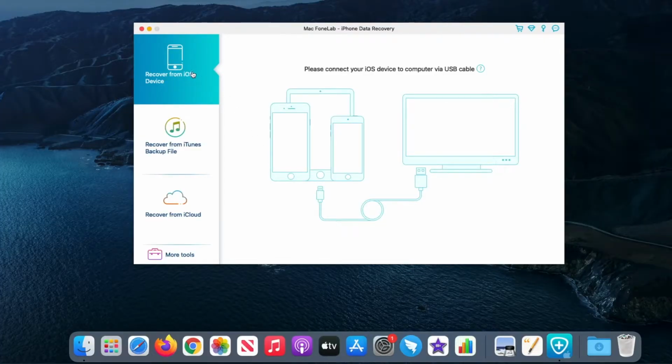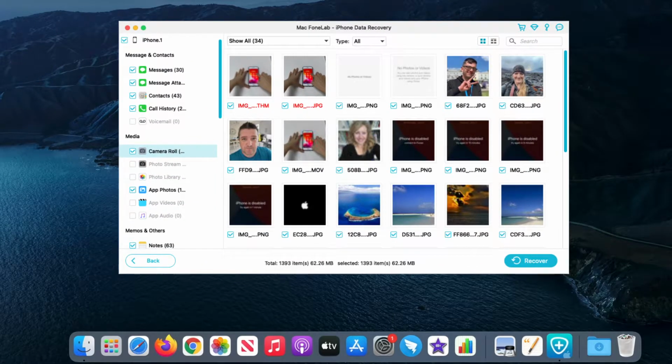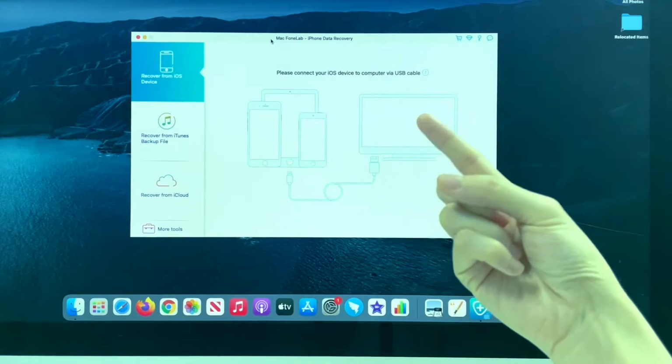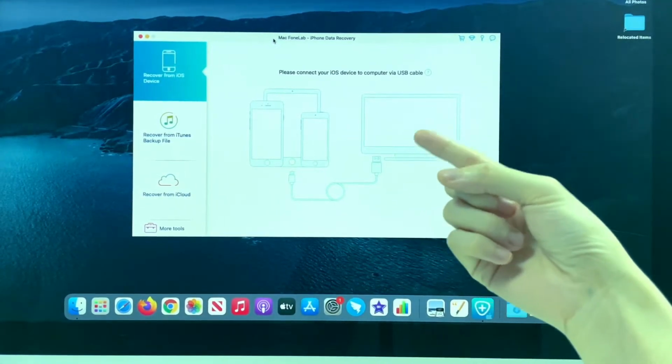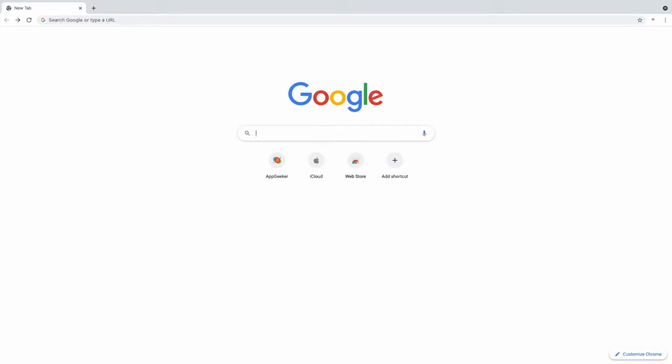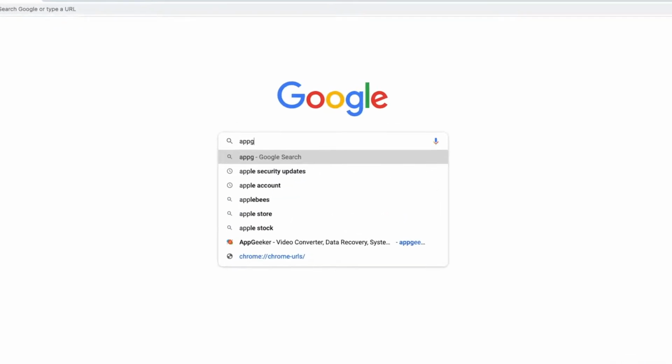Let me launch the software on my iMac. As you can see, when you open it, you will have the Recover from iOS Device option on the left menu. Click this and it will scan your device, and right after that, it will give you a clear overview of what is recoverable from your device. Any photo you think you deleted was hidden in your phone and was found by this robust software. Alright, I'm going to show you where you can download this amazing program and then follow the steps to recover deleted photos on the iPhone. So go to adgiga.com on any browser on your computer.